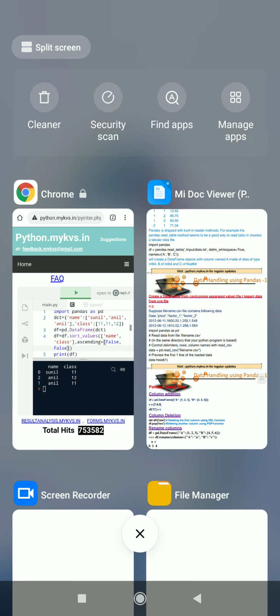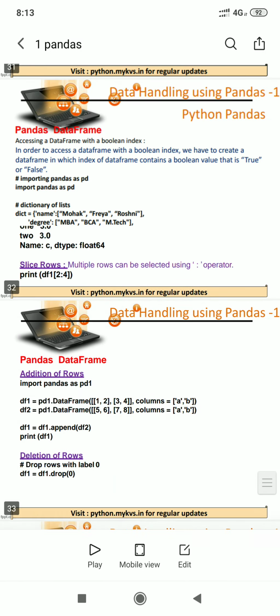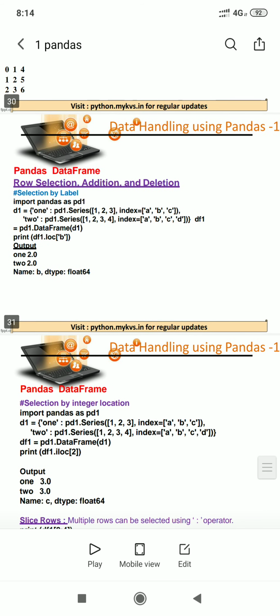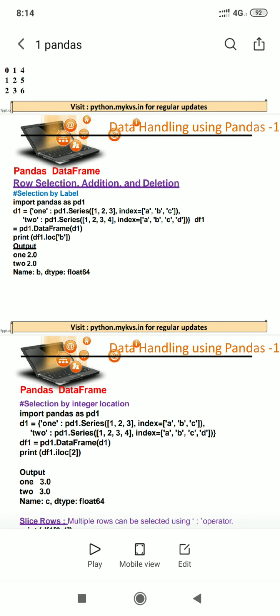Now students, we move towards the next topic. Yesterday we learned how to access the data of a specific index. We can access the data with the help of integer index position as well as with the label basis index position. In this first program, we are mentioning